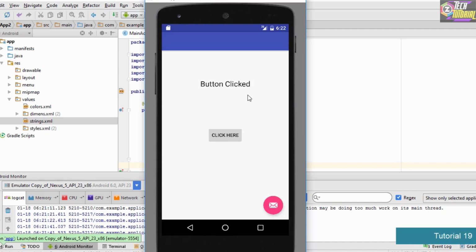So basically in this tutorial we have used event handling concepts in order to handle a particular event. An event is nothing but some user action like click of a button, double tapping a button, or any other activity performed by the user. In event handling we have two parts. The first part is going to be the event listener and the second part is going to be the callback